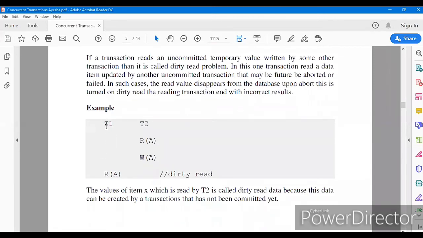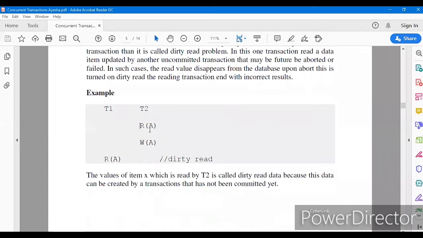If we have two transactions, T1 and T2. Now it is seen here that T2 initiated first. There is a read operation on data item A by T2. There is a write operation on data item A by T2. Now read and write, as we said earlier, read means that the copy of item A is brought from the hard disk to the main memory so that it can be read. Write means vice versa. The updation is done on the data item A, and unless and until commit is done, the data is not saved back to the hard disk. So the write operation is just the updation operation.